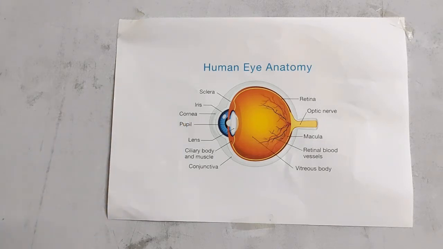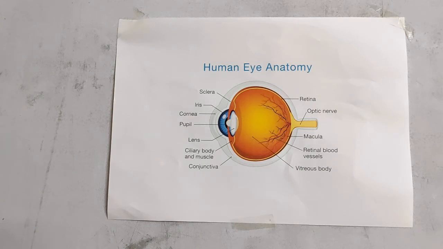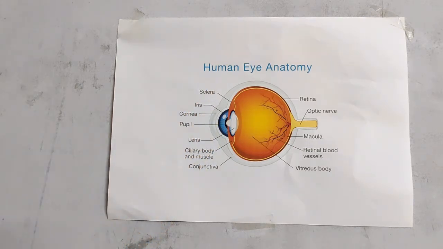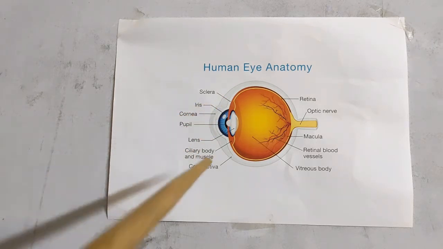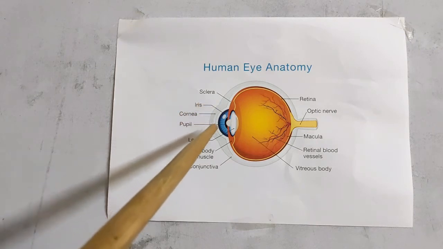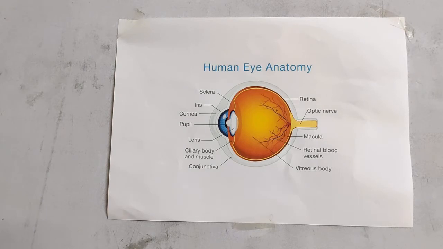Pupil is the window of the eye. What you can see, the black spot here, a black hole type of thing. Yes, it is the window of the eye. It is the central aperture of the iris. It regulates and controls the amount of light entering the eye. Of course, it is the iris, but the iris does that work of controlling the amount of light entering only with the help of the pupil.